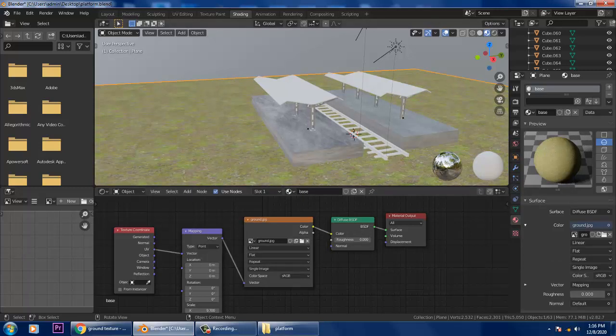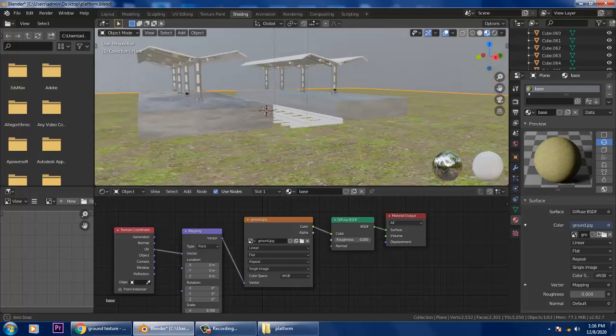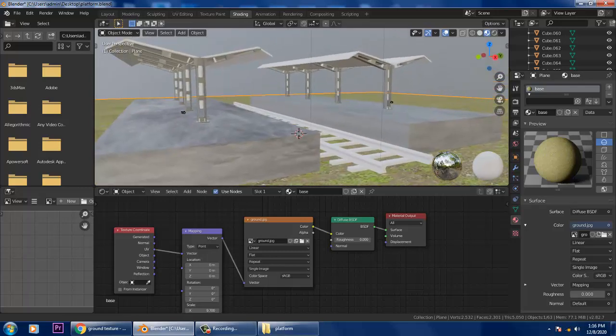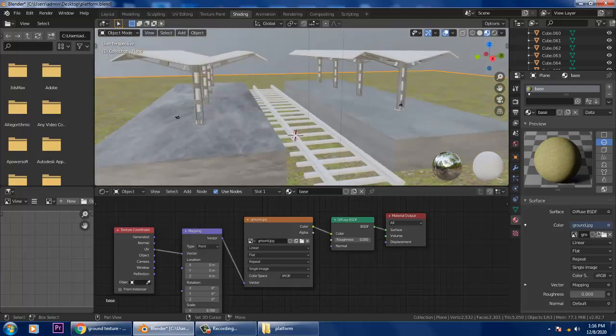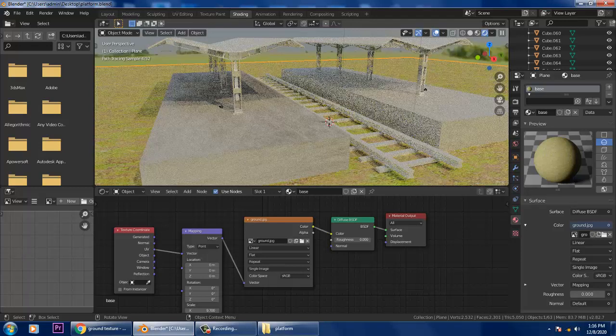Now it looks much better over here. Let's render and see how it looks. Now it looks much better.